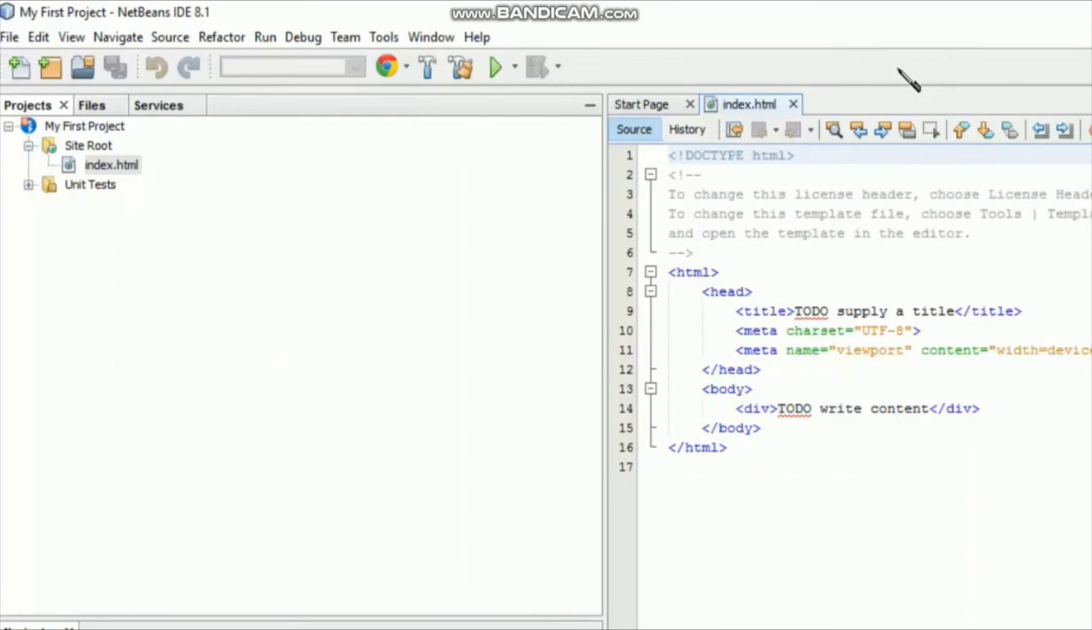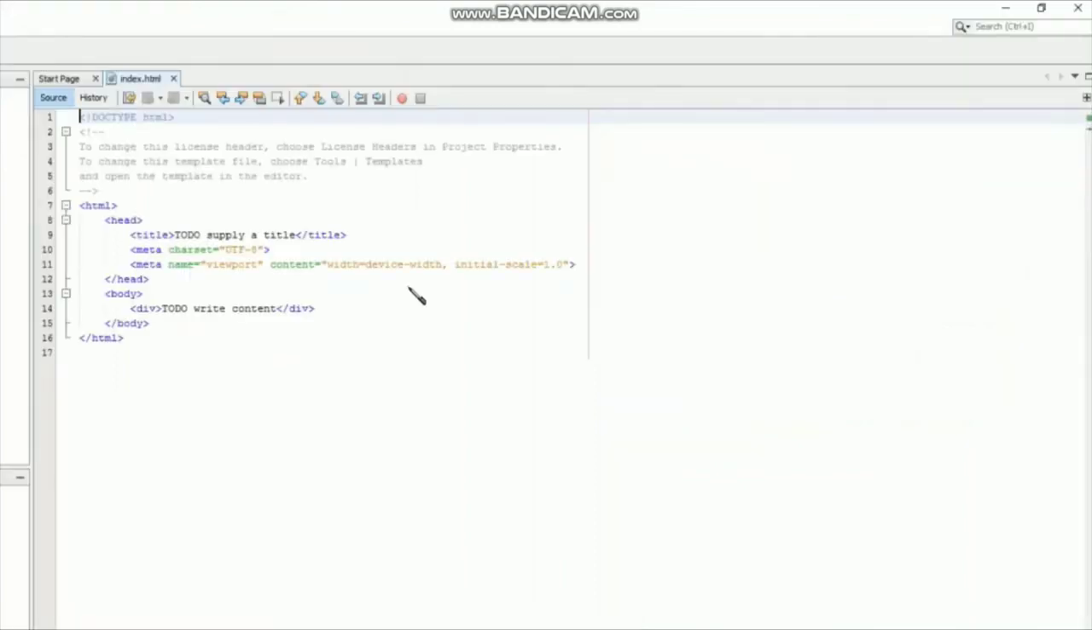In the code editor, a default file, index.html, is created. It contains starter code template. In the next tutorial, you will get to know about the starter code and